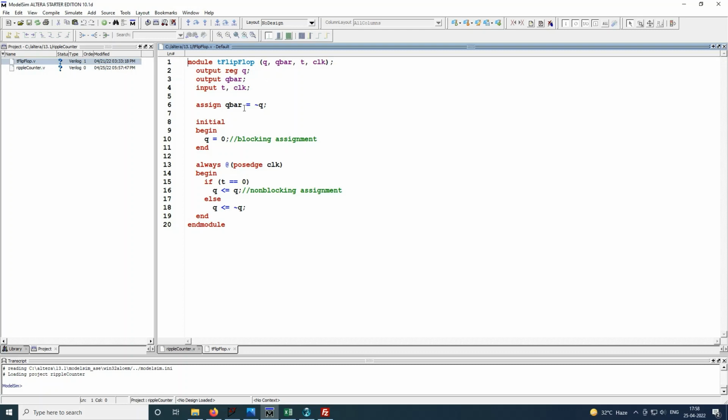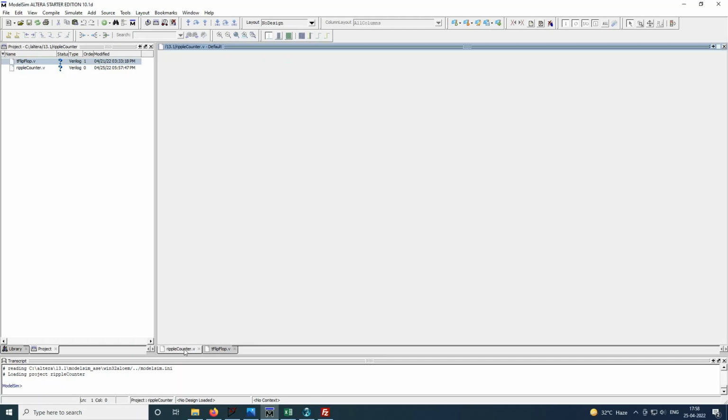This is a positive edge triggered T flip-flop. So if you recall our theory discussions, you can use positive edge triggered T flip-flops in an asynchronous manner by feeding the Q bar of one flip-flop as clock for the next flip-flop, and the outputs as always would be taken from Q. So therefore, let us define the module